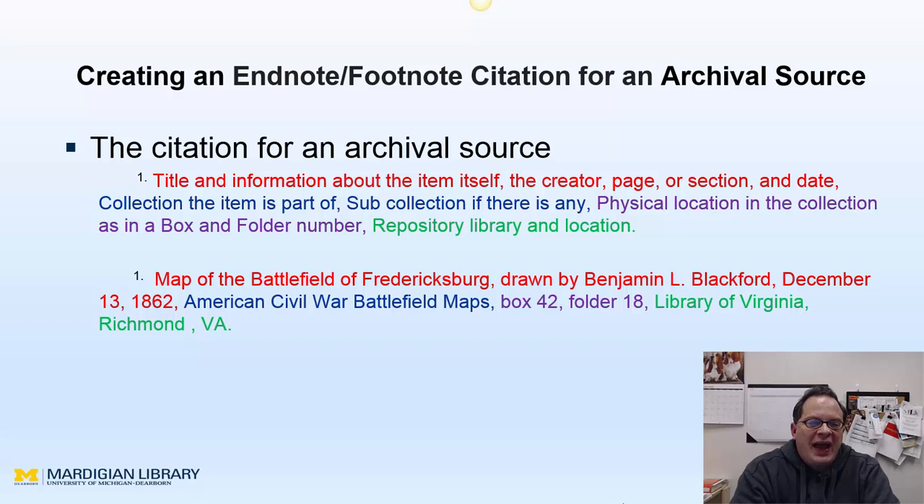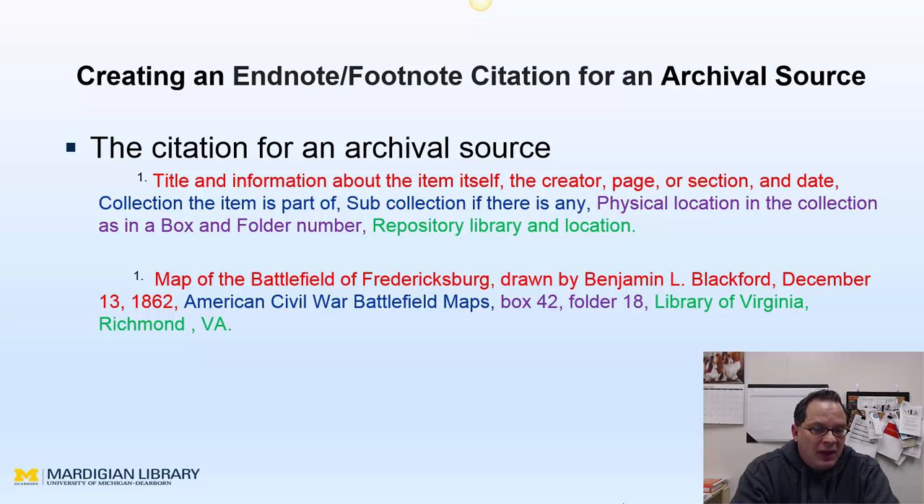So first up, we have the title and information about the item itself, the creator, the page or section that the item appears in, and then the date of the item. So you're not always going to have the page or section that something appears in, because it may be a photo, it may be a map, it may be a one-page letter,